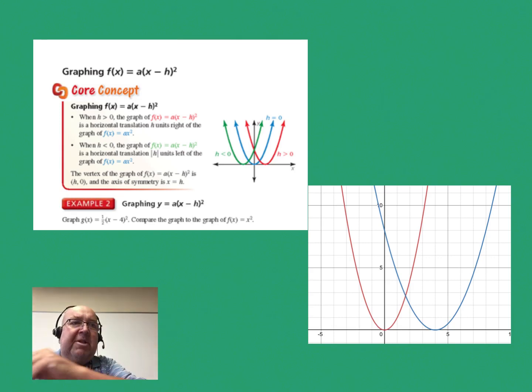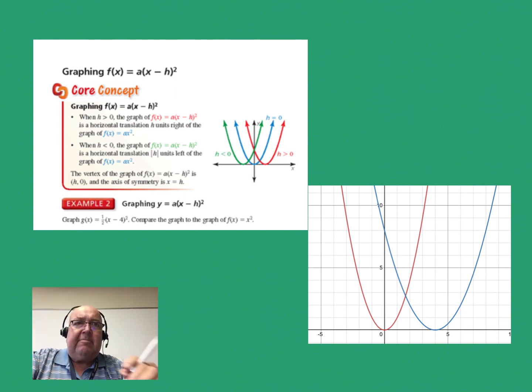Okay, we're going to be looking at moving our parabolas in a different way again. We're going to have the squared term be inside parentheses and have the variable moved in some sort by a negative h. So